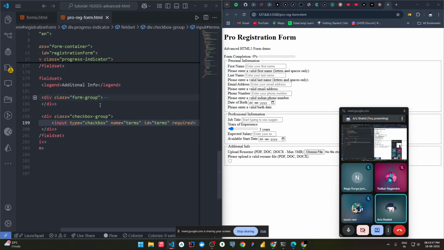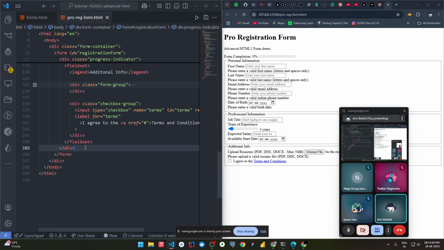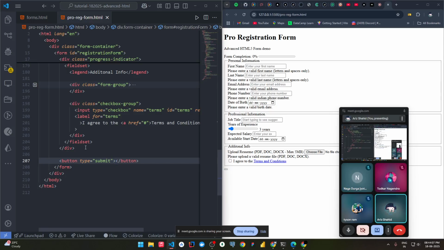Okay, and it will be required. Now the label will be in bottom. Okay, see, I agree to terms and conditions. Okay, this part completed. Now we'll ultimately have the submit button for the form. Okay, button type submit, complete registration. Okay,